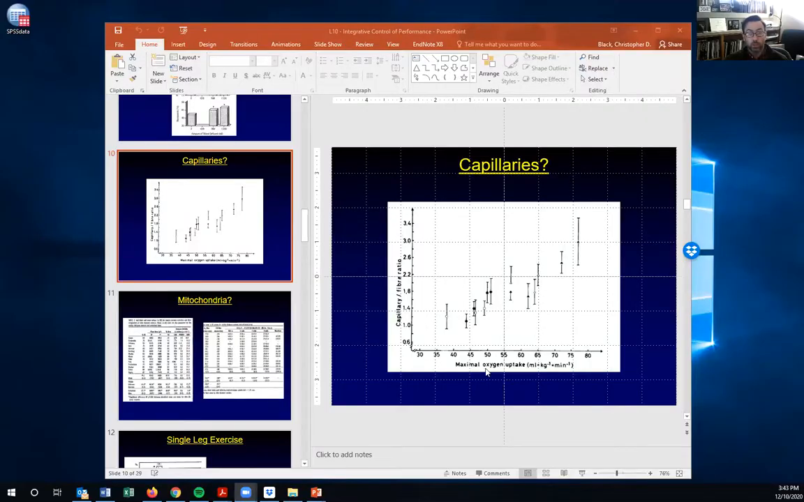Remember, that was my question. We have that? Yeah. I'm sharing the screen again. Remember this one here? Max VO2, capillary per fiber ratio. There's this nice linear relationship. And so the idea behind that, and this is one of the reasons why